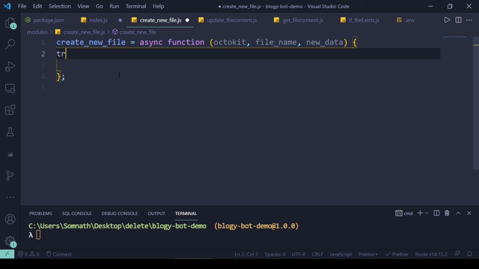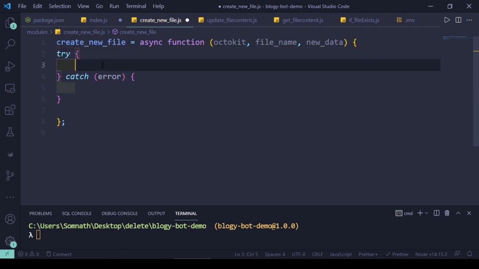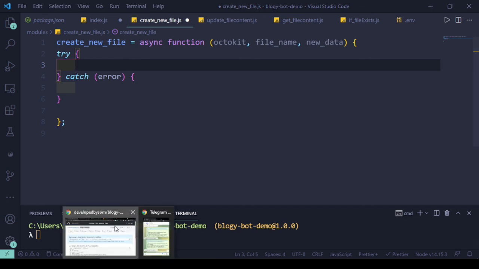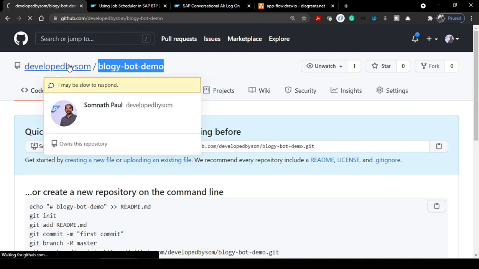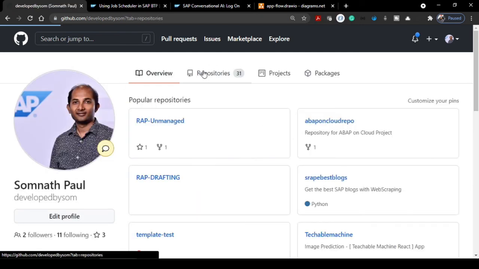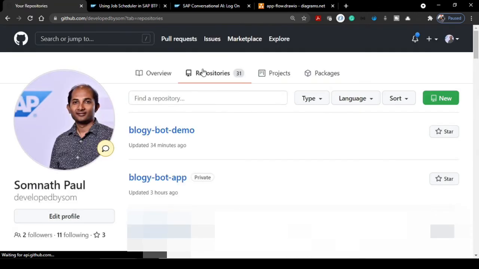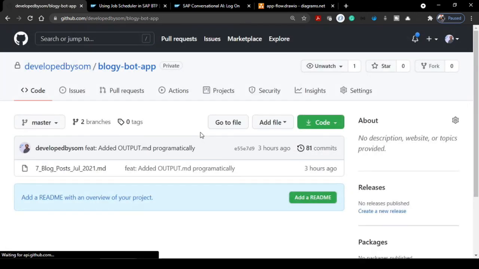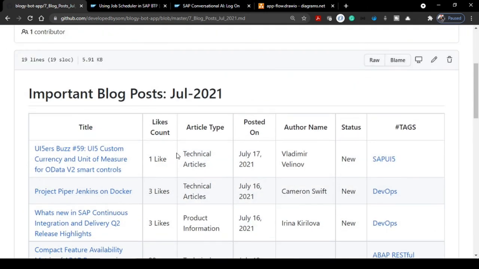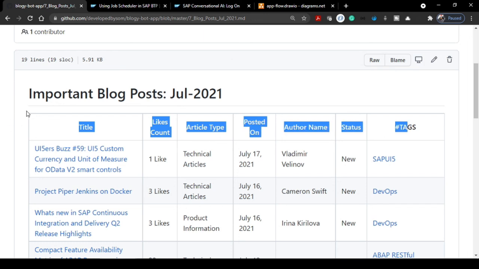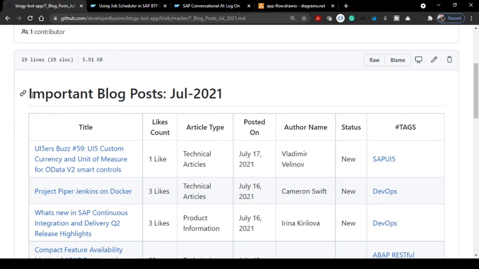So let's start with a try and catch block, and here we need to add in the markdown file to create a table format. You can check in Google also, I believe. What we have to do, maybe I can tell you from here. In this Bloggybot app, if we go to the markdown file, as you can see, we need these headers and a kind of table format, and we'll be adding this important blog post, and this will be dynamically created with the current month and year.